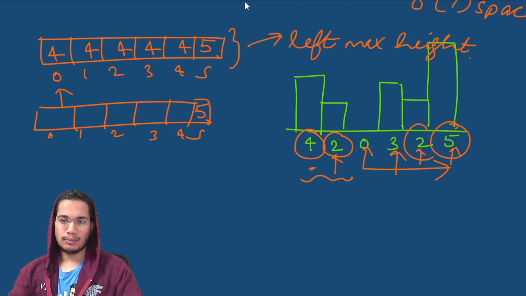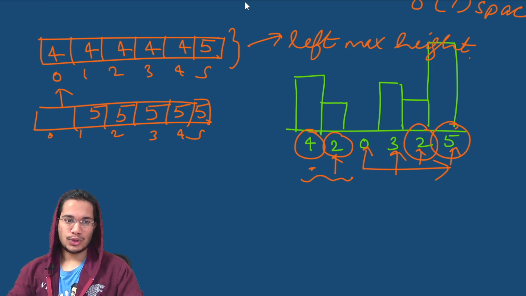And then we come to building number 2. For 2 and 5, again 5 is greater, so we'll store 5 here as well. Then for 3, again 5 is greater than 3, so we'll store 5 here. 5 is greater than 0 again, so we'll store 5 here. Again for 2, 5 is greater, so we'll store 5 as the tallest. And then for 4 also, 5 is greater, so we'll store 5 as the tallest. So this is the right maximum height.